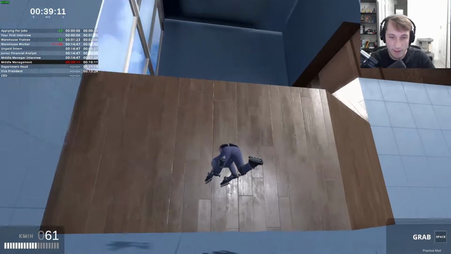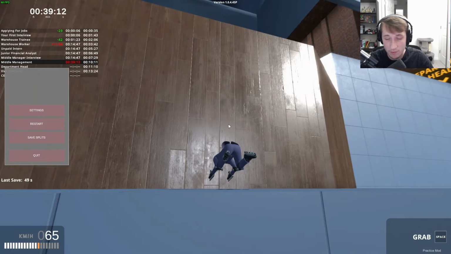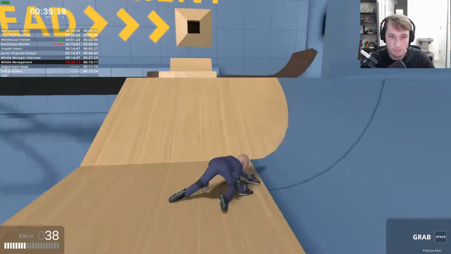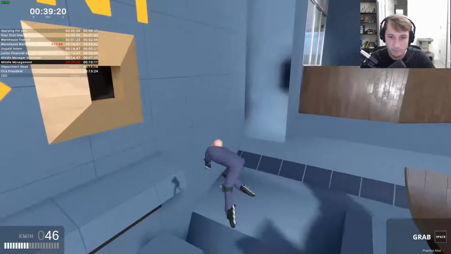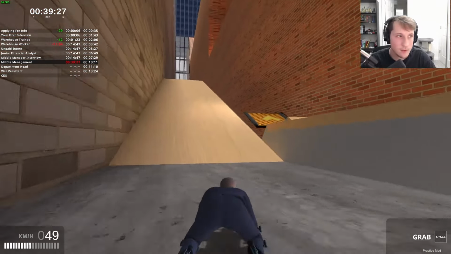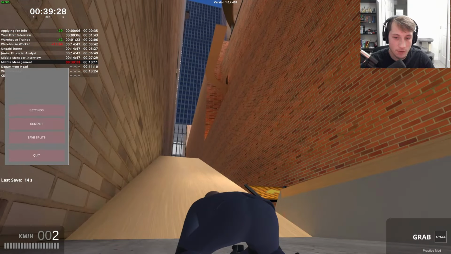Just like that. And then if you do it right with enough speed and everything in the right angle, you can get all the way up to here, but it is pretty difficult. And then if you miss it, you can just do the regular route like that. So once we get over to here at department head, we want to come down to here so we can